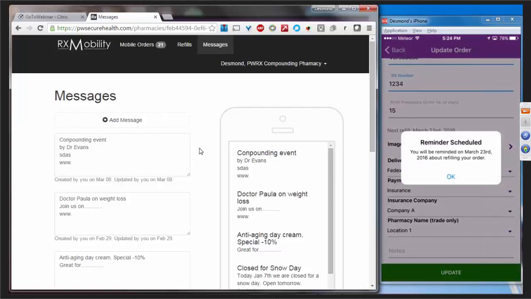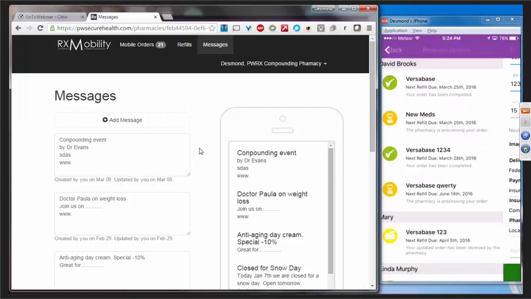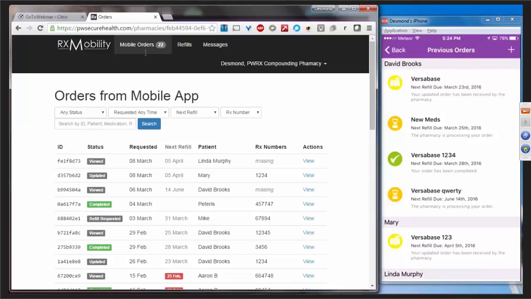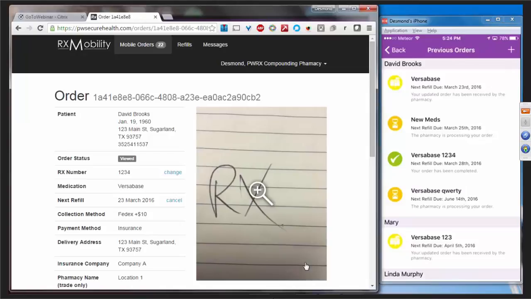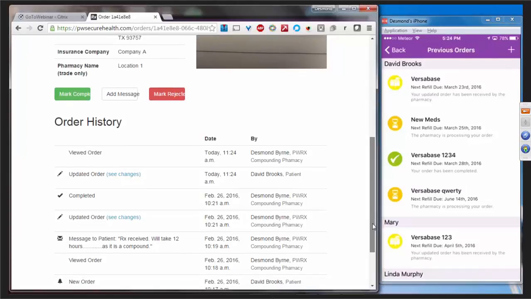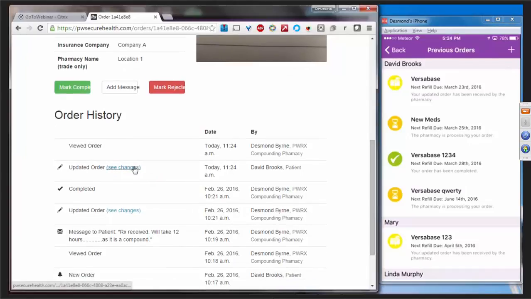Now what happens is that information comes through on the back end of RX Mobility here, and we should be able to see that David Brooks has sent through an updated order somewhere along in here. There's a David Brooks there. It looks like this is the one here. I click on that, and I'm suspecting that's the one, 23rd of March, and he just changed it there. Scroll down here, and if I click on the See Changes here,